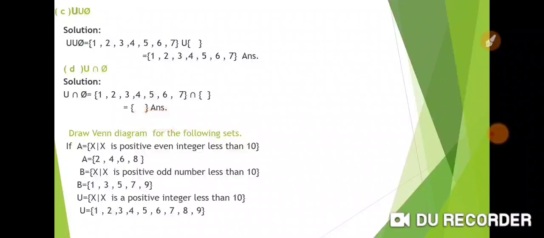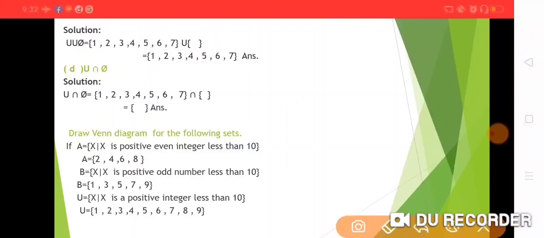Next we have to draw a Venn diagram for the following sets. Now what is a Venn diagram? Sets can also be represented graphically by using a Venn diagram. In a Venn diagram, the universal set U, which contains all the elements,